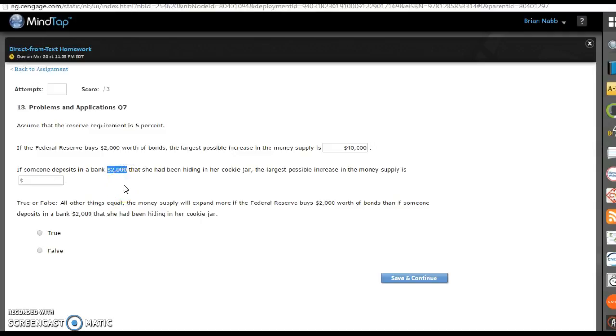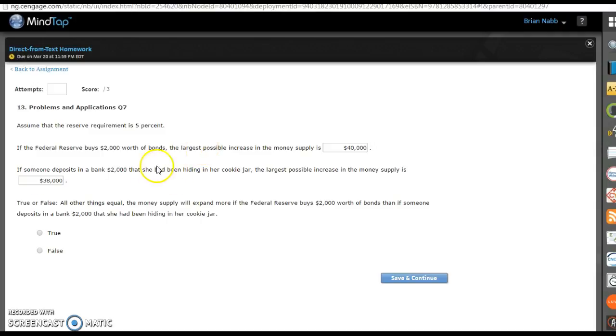So how would this be different than the bonds? Well, the bonds wouldn't create any liabilities for the bank where the $2,000 was already part of the money supply. So you have to subtract that. So we create the 40,000. You could still use the money multiplier, but you'd have to subtract this 2,000, and we'd only create